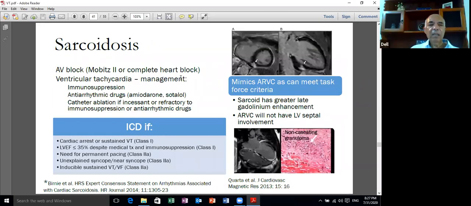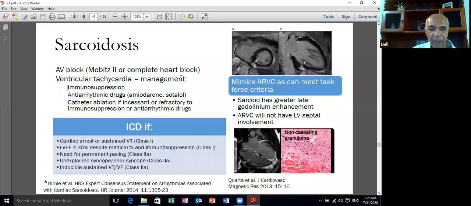So we move on to another situation, sarcoidosis. This is a condition in which the interventricular septum is involved like in hypertrophic cardiomyopathy. Remember that the interventricular septum is not involved in arrhythmogenic right ventricular cardiomyopathy and is not involved in left ventricular non-compaction. But it is involved in sarcoidosis as well as it's involved in hypertrophic cardiomyopathy. Remember as well, a family history is a risk factor in patients with arrhythmogenic right ventricular cardiomyopathy and also is a risk factor in patients with